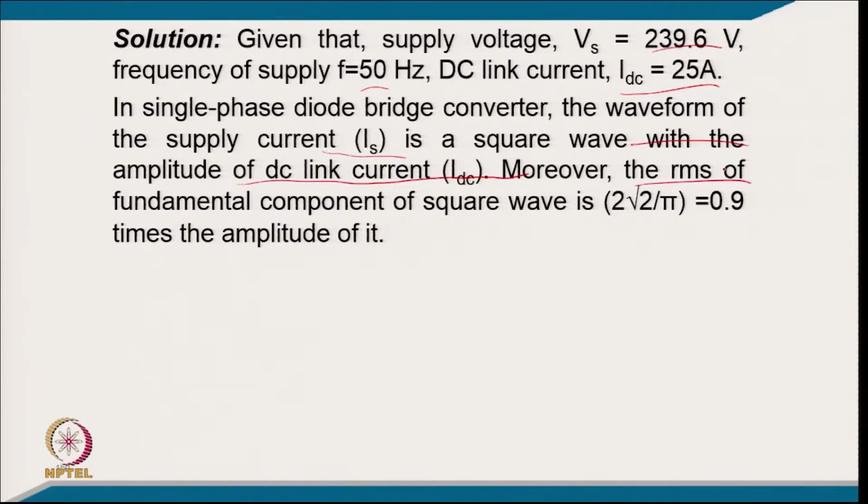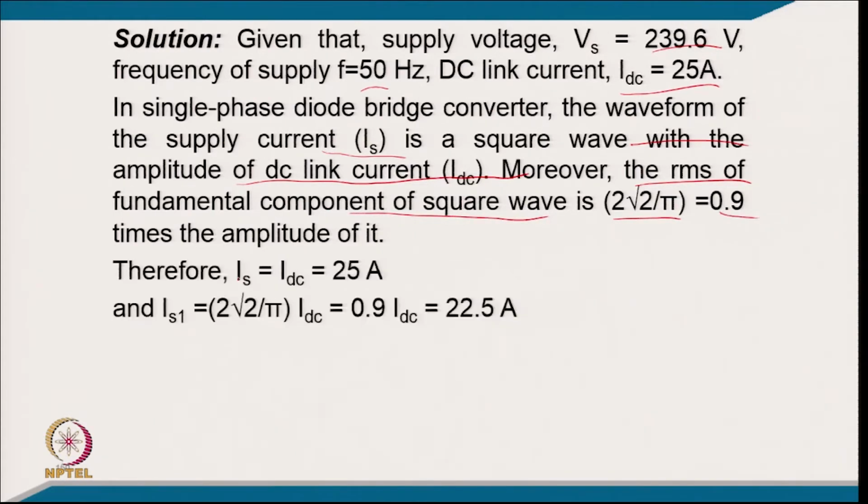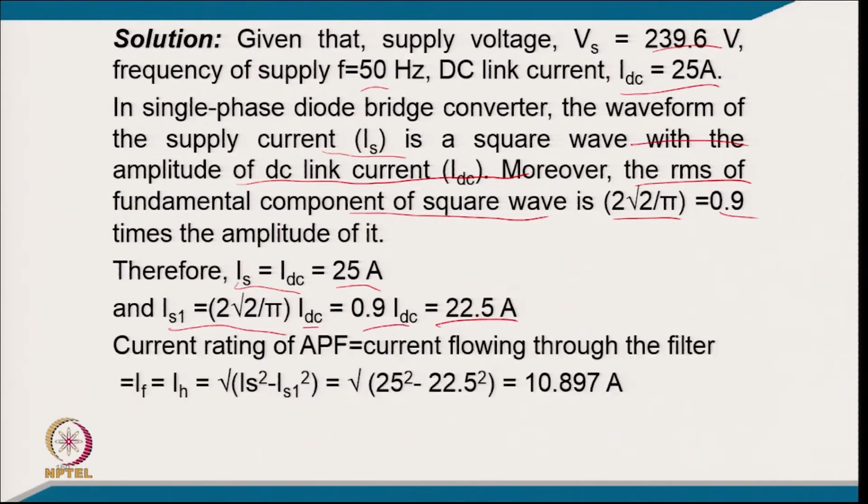So, moreover, the RMS value of the fundamental of the square wave is 2 root 2 upon pi times the amplitude of the current, like 0.9 times that. Therefore, the RMS current equals IDC, that is 25, and the fundamental current RMS will be 2 root 2 upon pi into IDC, that is 0.9 IDC, and it comes out 22.5 ampere. So, the current rating of the active filter will be the current flowing through the filter, that is IF equal to IH,